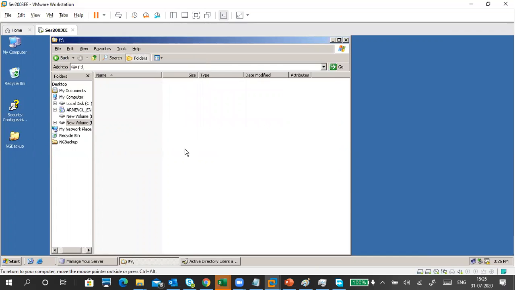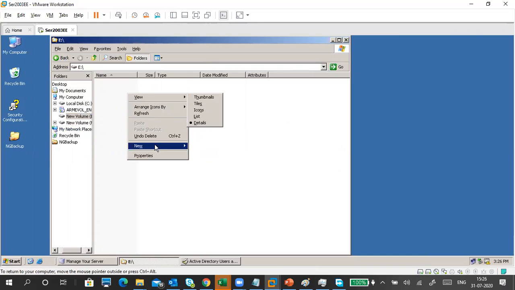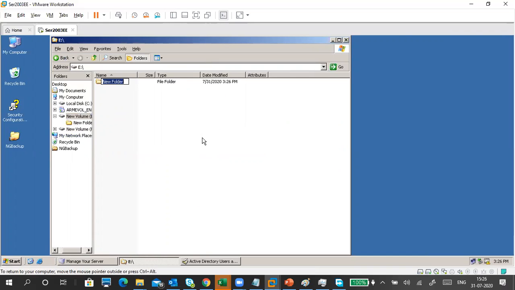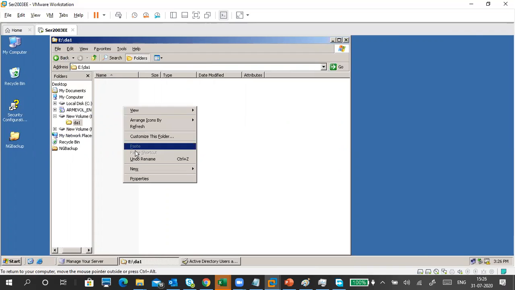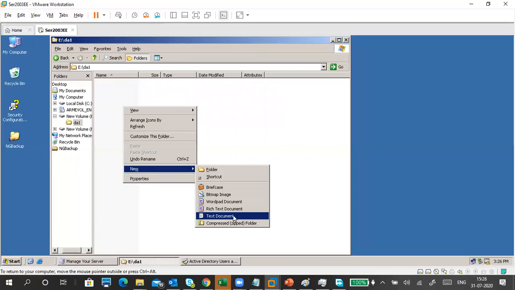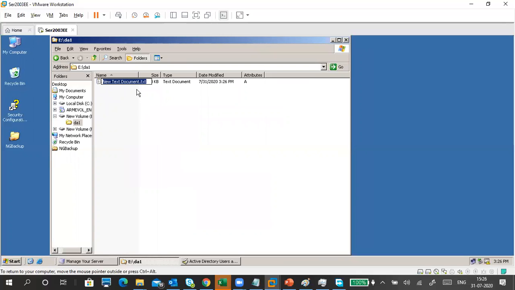So we'll do it from the start. First of all, I'm going to create data. First I will show how to create DA1 by creating a folder, and inside the folder I'm going to create files. So this is a file. Don't remove the extension. The file is F1.